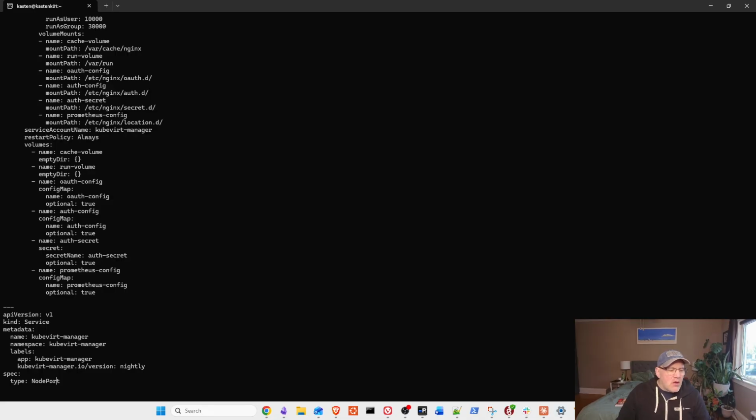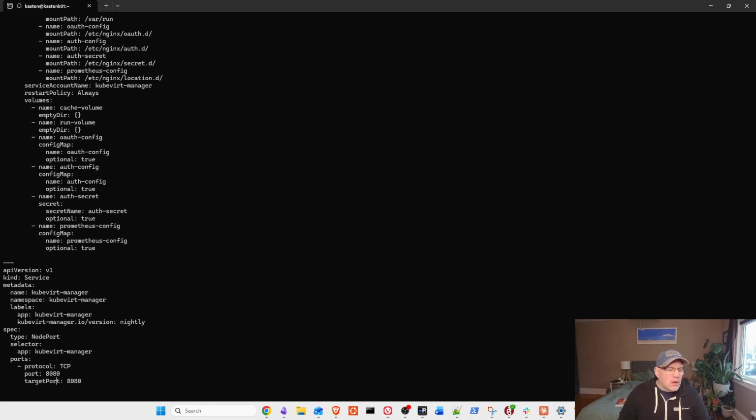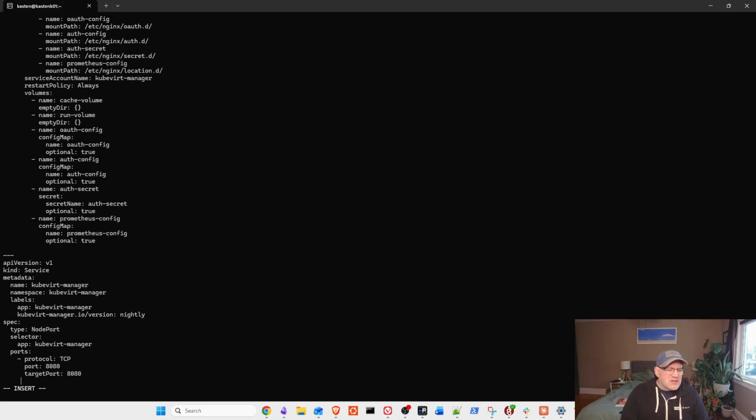The thing is that it will, by default, just pick a node port. That's fine, except that if you restart it for whatever reason, it might pick another node port. So you'll be looking for it. Hey, it was there and it wasn't. So I'm just going to pick a random one, but I'm going to hard code it. So node port, and let's say 3000, I don't know,